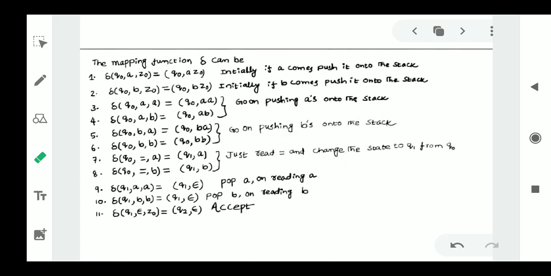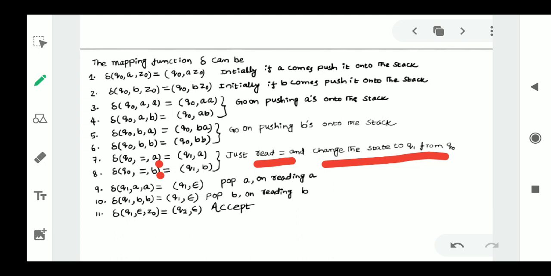After pushing all the elements, whenever you see the input symbol equal to, during that time we will not perform any operation. We will just read the equal to operator and change the state from there to another state. So we will come back again. Now we are going to change the state from Q1 to Q0. Whether the top of the stack is A or B, either the input symbol is A or B, we will just read the equal to symbol and come back to the state. What we will do now, we will perform the pop operation.